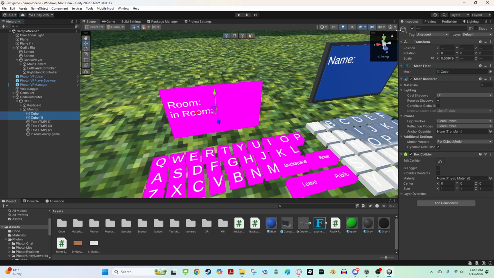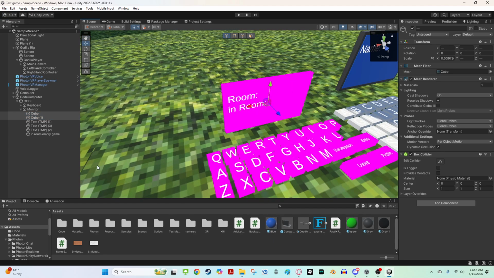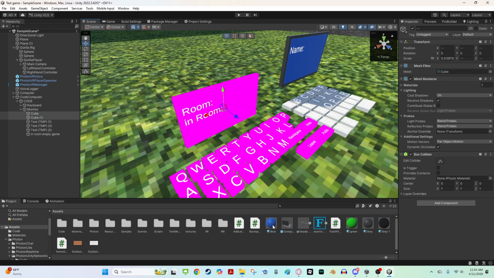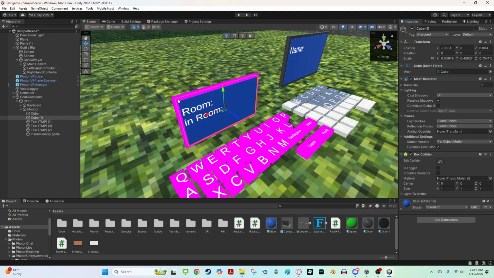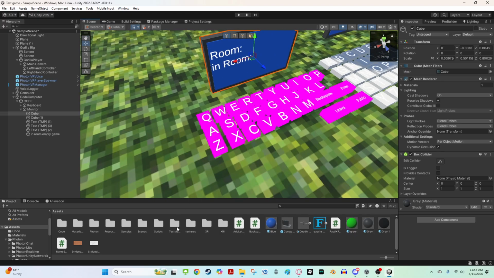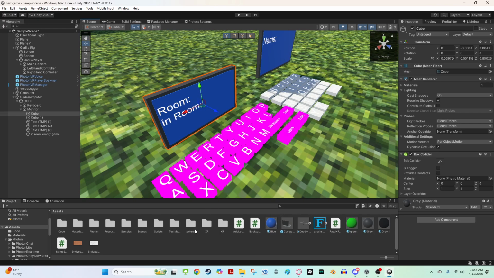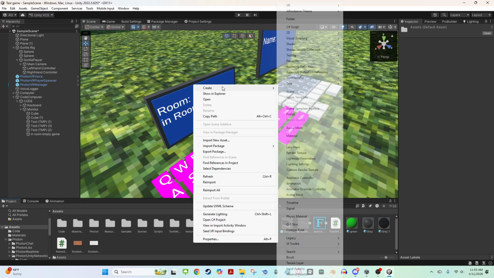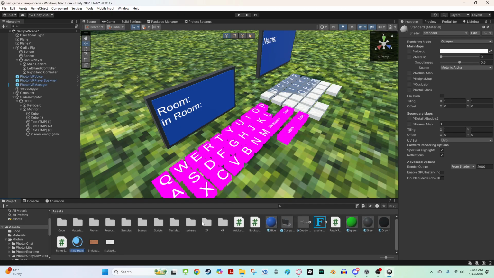These two cubes are responsible for the monitor, or just the mesh of the monitor. So cube one's probably the screen, and then I'm just going to drag this on, which is basically the texture for that. And since there's no white texture for that, and that's just the default, I'm going to create a new material. Just call this